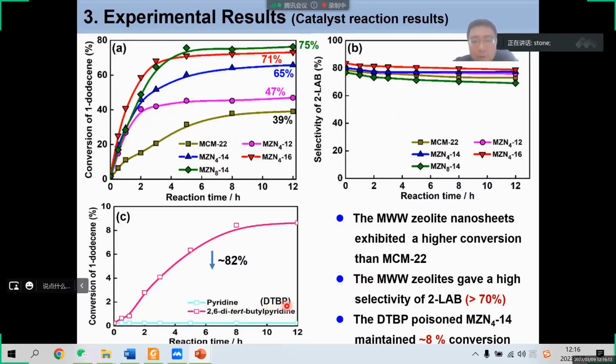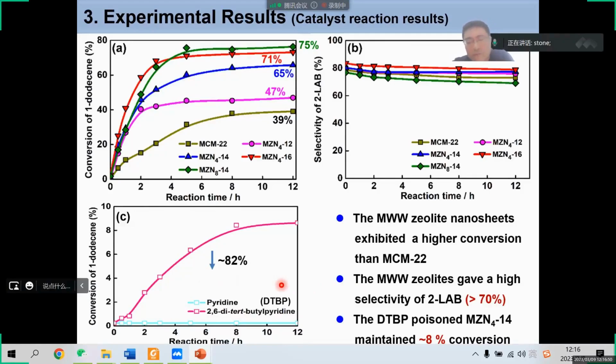DTBP is a large molecule, so it can only poison the Bronsted acid sites located on the external surface of the MWW zeolite. For the DTBP-poisoned catalyst, the activity decreased by 82%. It means the Bronsted acid sites located on the external surface are the main active sites